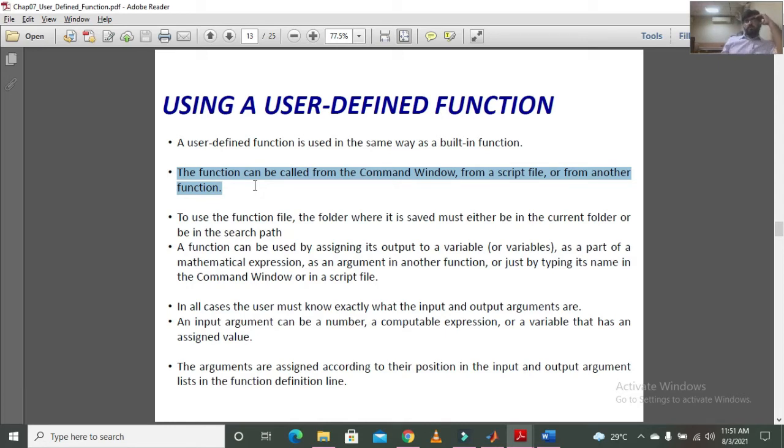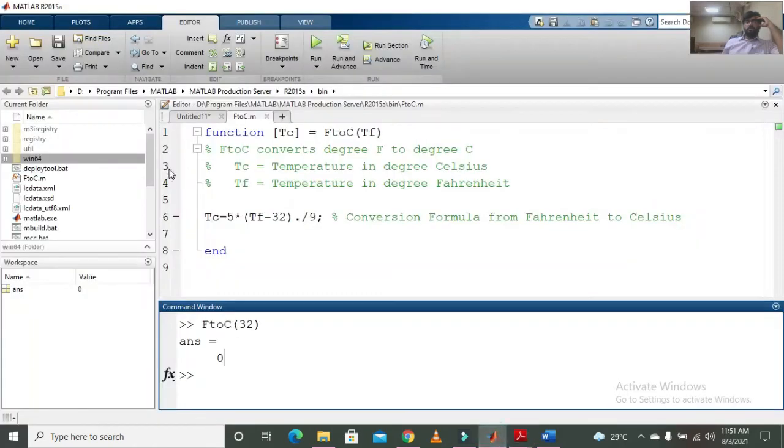So we can use these user defined functions wherever we want. The function files which you have saved are stored in the current folder. You can even change the folder where you want to save, but it is preferable to save the function files in the current folder.